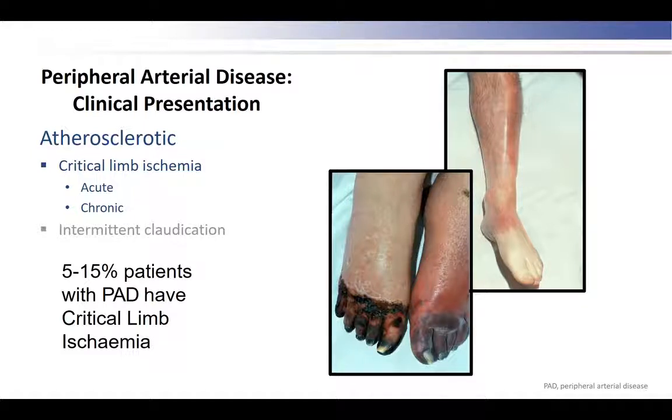The more serious form doesn't occur very often, thank goodness, and you can see here the chronic form, which has come from intermittent claudication, and you can see these toes are just dying on the end of this person's foot. Or it can be acute, and acute is usually embolic. We have much less plaque rupture causing acute limb ischemia because the vessels are bigger, but you get sludge from the aorta or you get an embolus from AF and things like that.